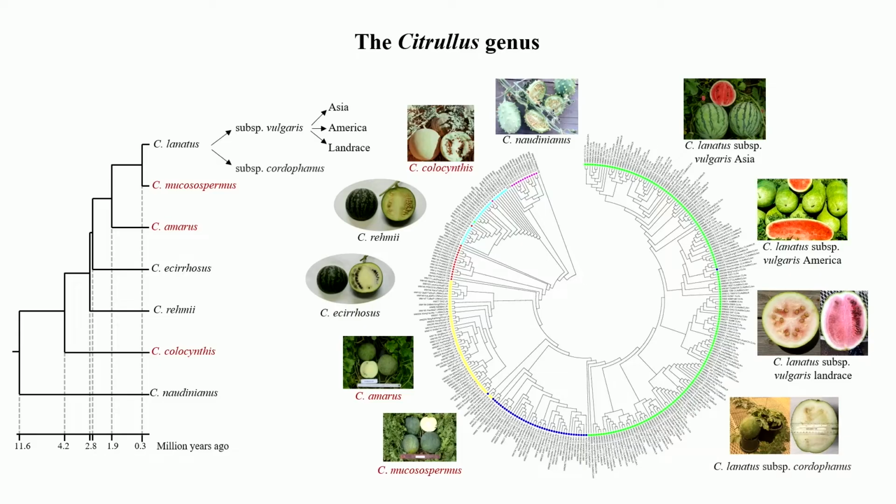Watermelon belongs to the Citrullus genus. The genus currently includes 7 extant species. The first one is Lanatus, which includes the cultivated watermelon and also a wild form called Phanos. And we have Mycosopomos, Amarus,